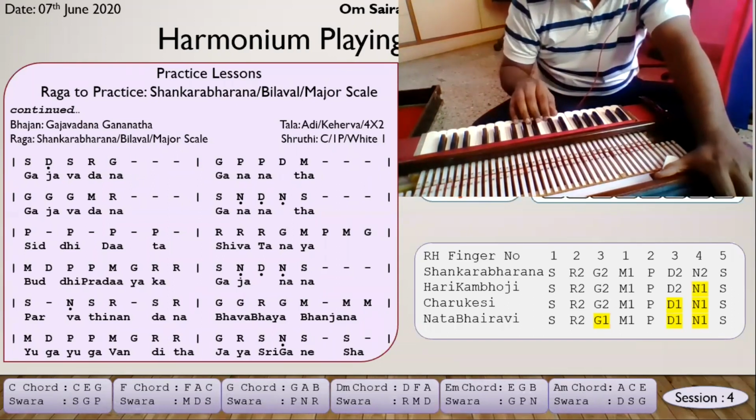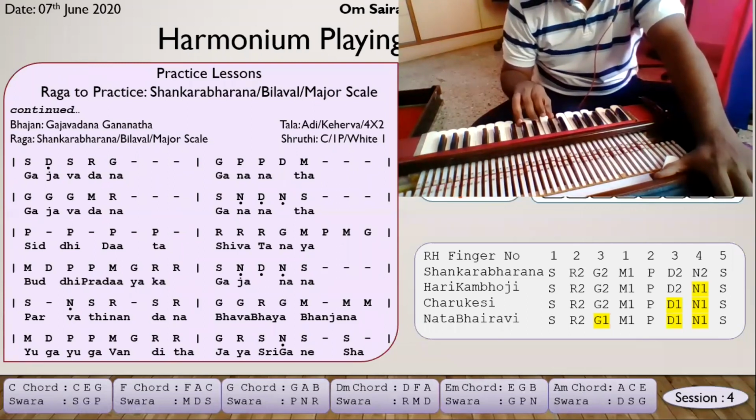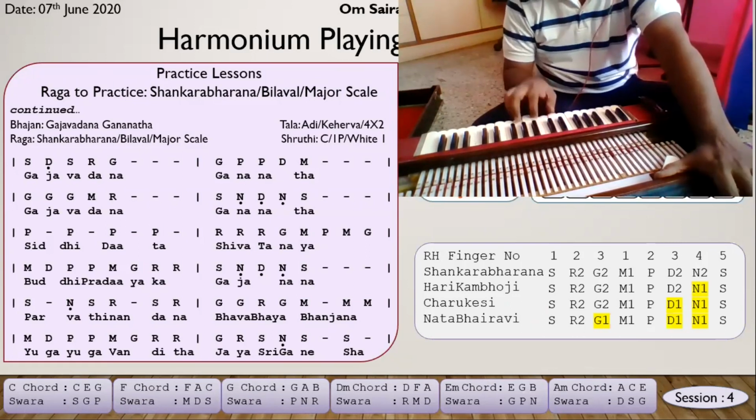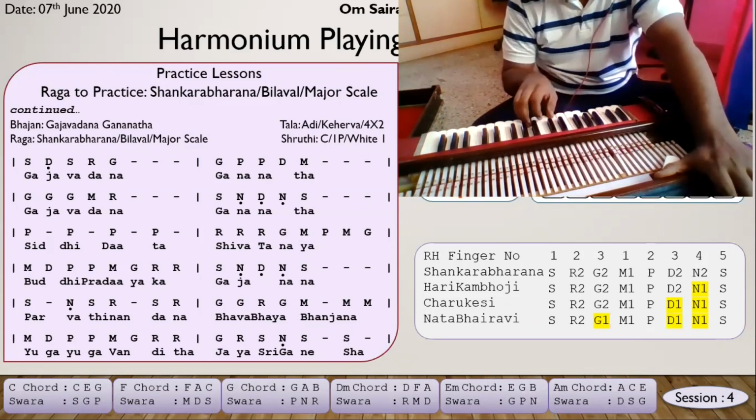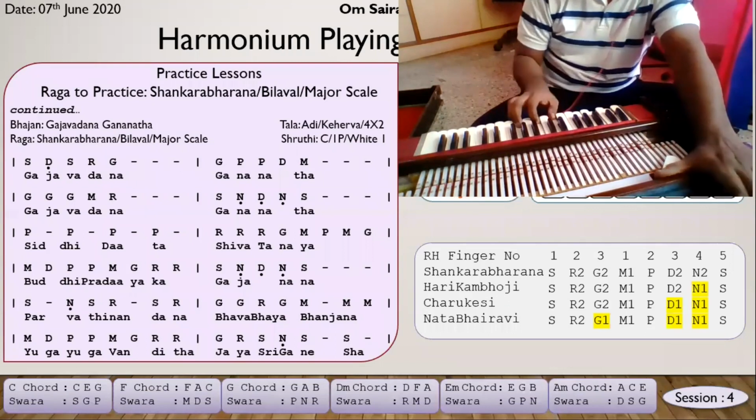When you take D minor, it would be D, F, and A together. Take the thumb on D, the middle finger on F, and the little finger on A. Together it's called D minor. If you count 1, 2, 3, 4, F is the fourth key. Then 5, 6, 7, 8, the eighth key is A. So this is D minor. In notation it is Re, Ma, and Da. So Sa Ga Pa is one chord, then Re Ma Da is another. It's a minor chord.